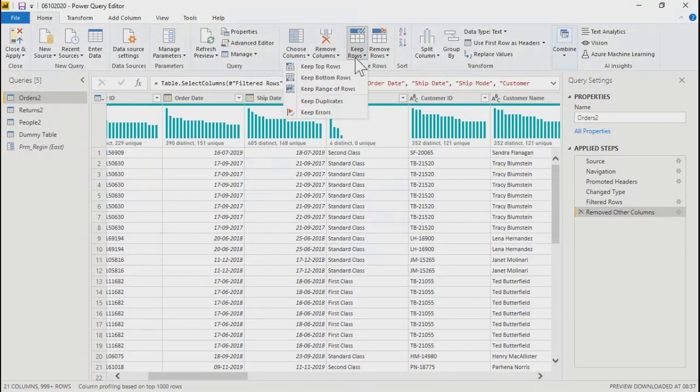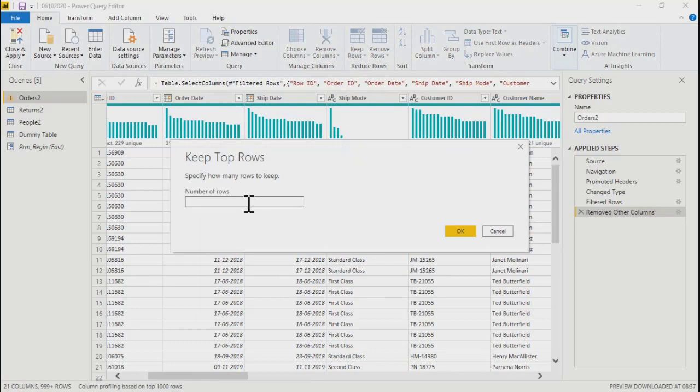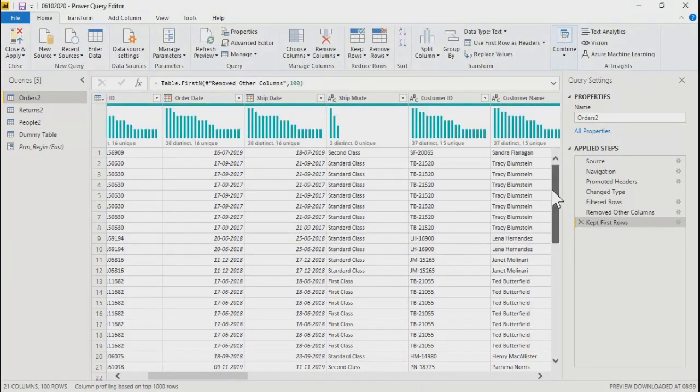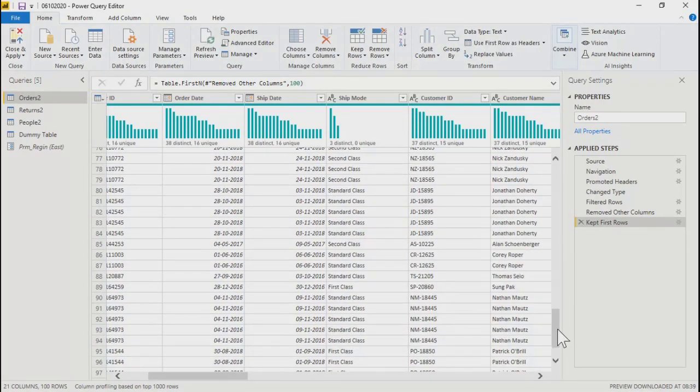We'll say keep rows, right? Now this is for filtering your data. It's a kind of filter only. So let's say if you say keep top rows, it will ask when you say top, how many rows? Let's say if you say 100, it is going to keep 100 rows and other rows will not be visible to everyone. See, only 100 rows